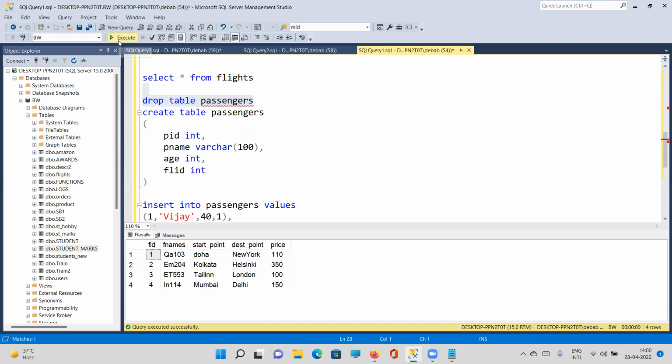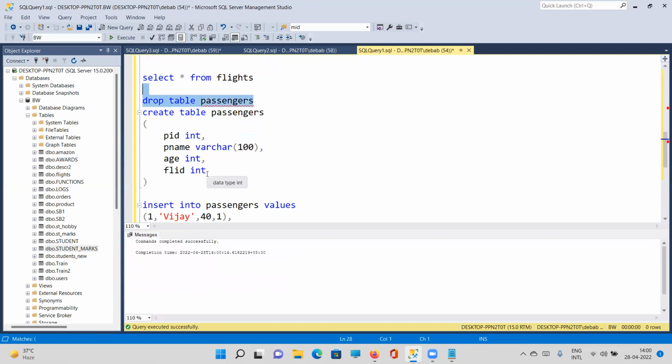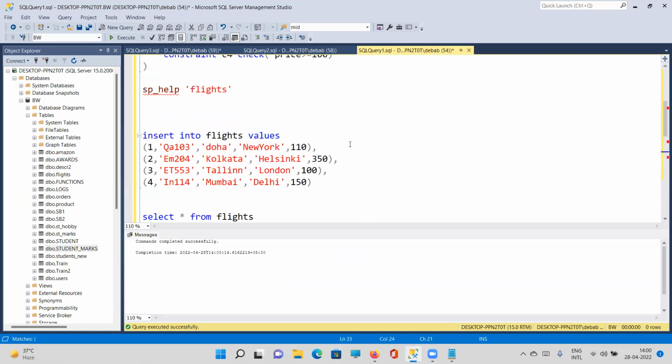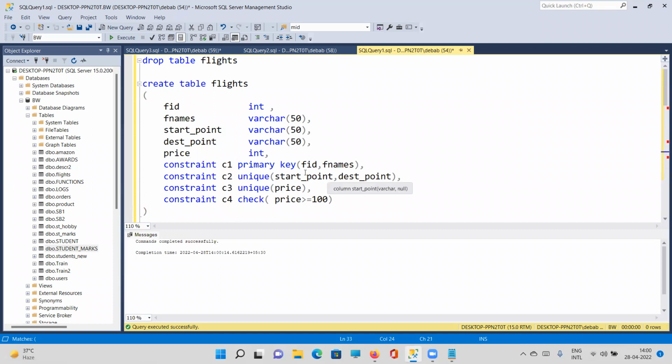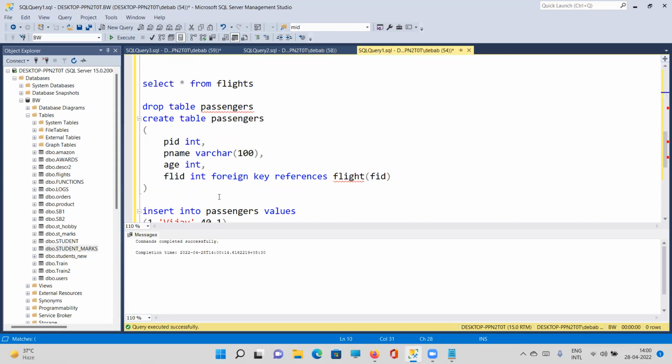So let me drop this table and let me do something like flight ID int. You can mention foreign key, you can mention flight ID will be foreign key, and it references the flights table. This is the table name, and inside that you can mention the flight ID, FID. But for the time being, we have flight ID not as a primary key, so it is mandatory that flight ID will be primary key. Okay, so if I create that,